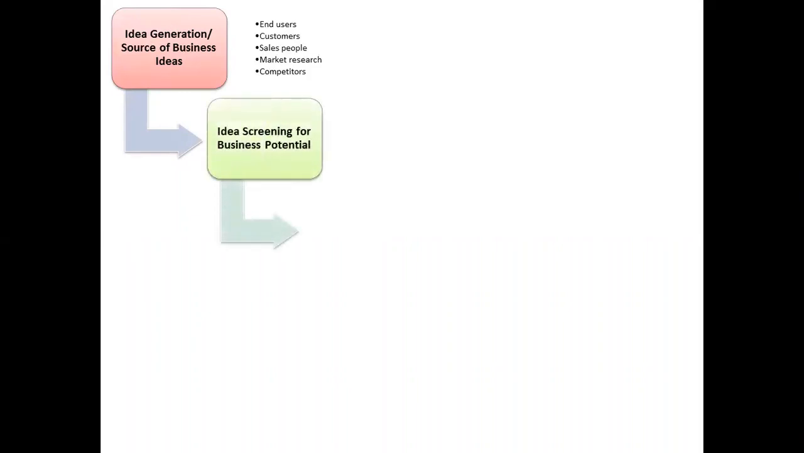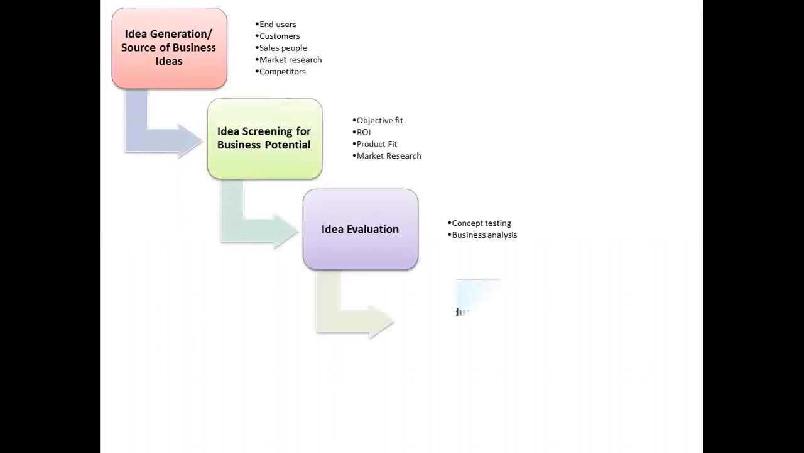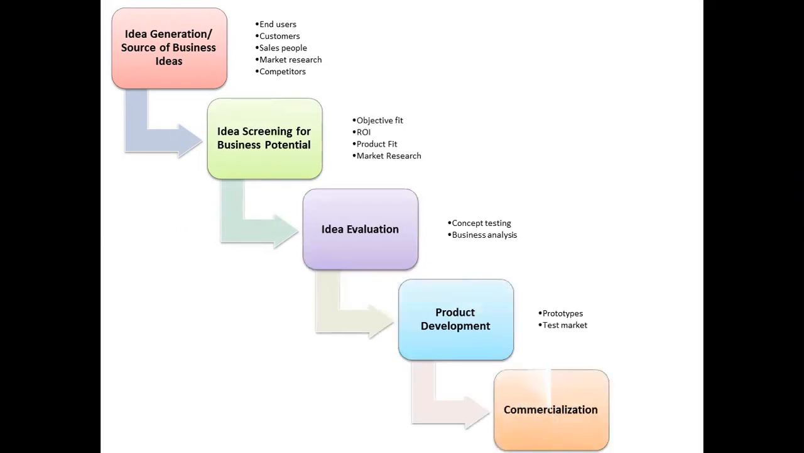So here we have a new product development diagram. A conventional new product development diagram starts with ideation or idea generation, and some of the sources for the business ideas can come from end users, customers, salespeople, marketing research, or the competitors. Then once we have the ideas generated, it is very important to screen them for their business potential. And what we look into, our metrics, include objective fit, return on investment, product fit, and then research or market